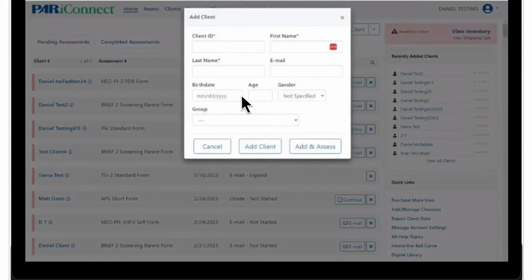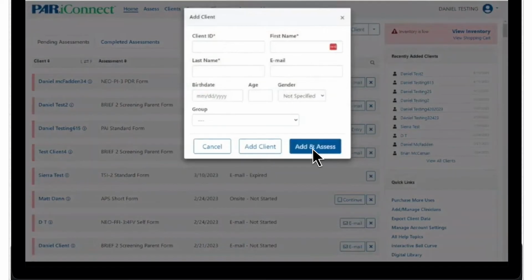And then if you wanted to sort them to a group, you can do that here when you're creating them. As a reminder, groups in Power Connect are essentially folders, so just a way for you to organize your data, organize your client roster in whatever way makes sense for you. So you could do that in grade levels, you could do that in schools that you see them at, whatever makes sense to you, or you can just leave it blank. It's really just another way to sort of tag that client as being part of a group. And then just click on Add Client,